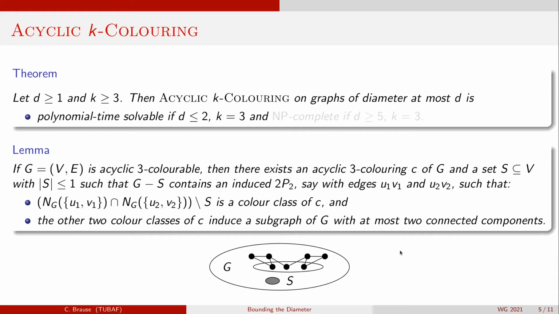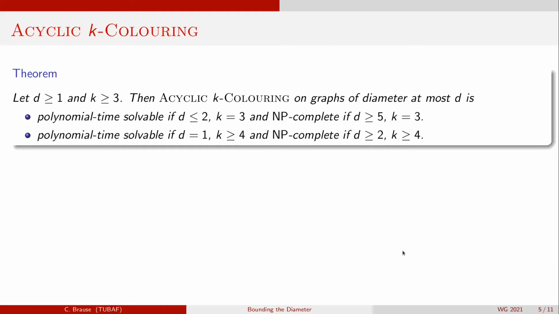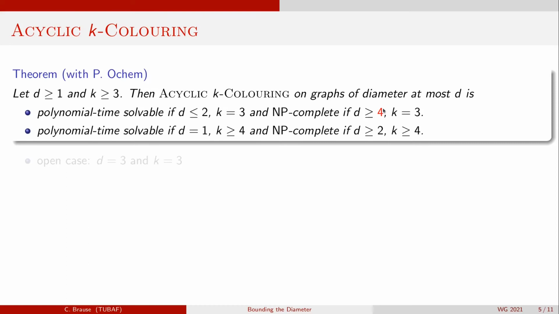Okay, so let's restate our main theorem for acyclic K coloring again. As you see, there are 2 open cases for acyclic 3 coloring, but I have to say very recently Pascal joined the project and we were able to reduce the 5 in the NP-complete case to a 4, and so the only open case that is left is that where we consider acyclic 3 coloring on graphs of diameter at most 3. At this point, let me mention that the open case for the K coloring problem becomes polynomial time solvable for the acyclic K coloring problem, but at the same time we obtain a new open case,